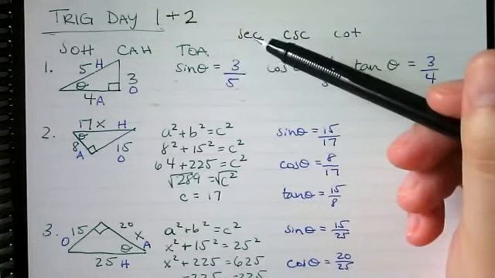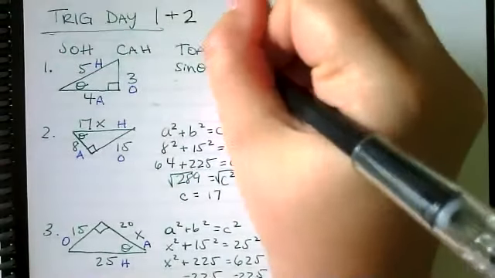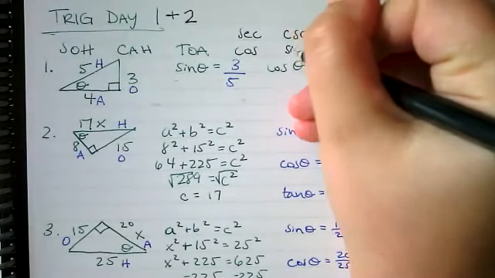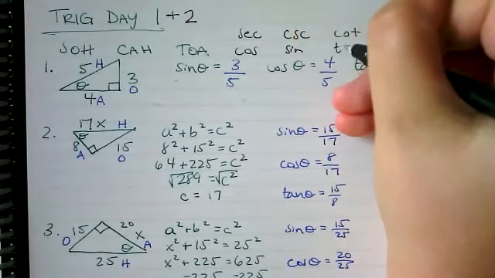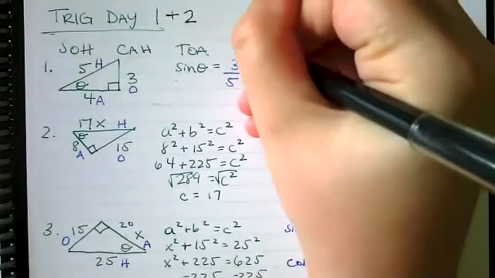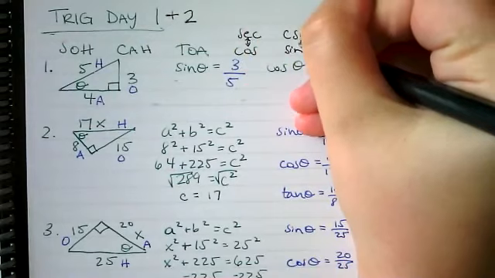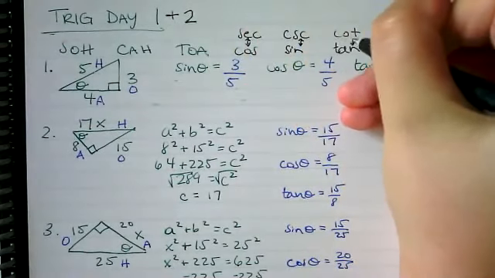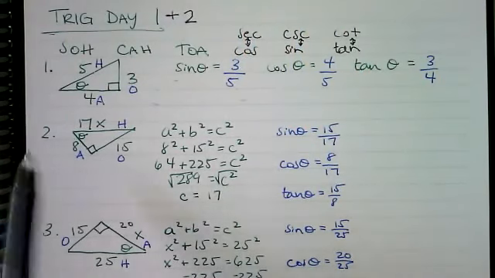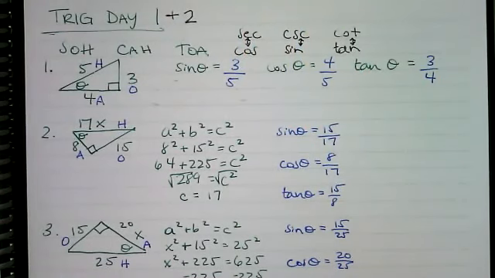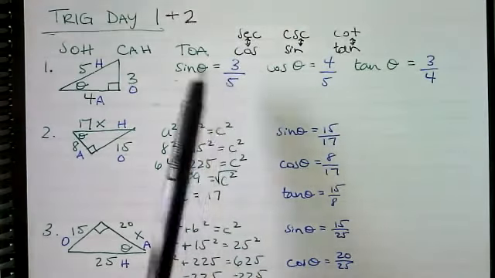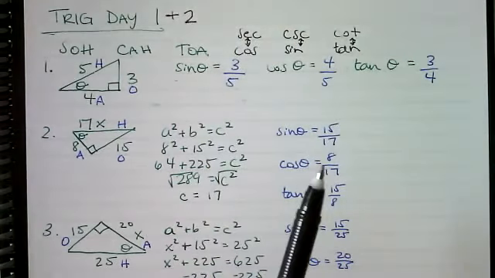So secant goes along with cosine. Cosecant goes along with sine, and then cotangent obviously goes along with tangent, okay? So we switch between the two and we just flip the fraction, okay? I'm using the same triangles as yesterday, so we've already found all the information that we need. Now to find secant, cosecant, and cotangent, we're just looking at our normal trig functions and flipping